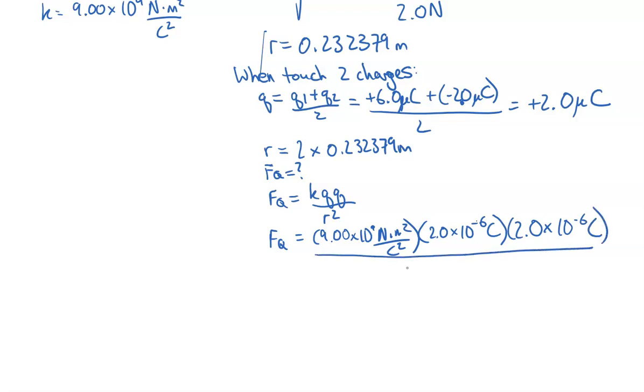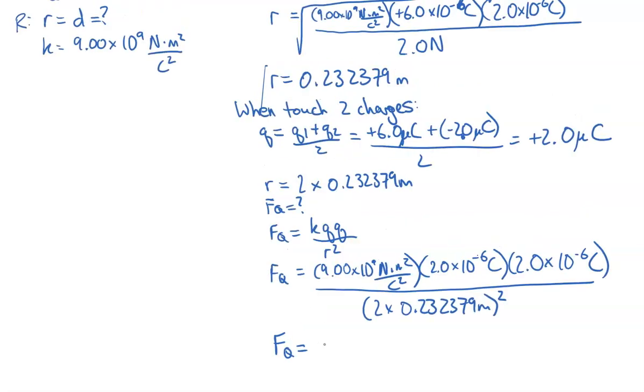And then we're going to divide that by 2 times 0.232379 meters squared. Make sure you multiply it by 2 before you square it. So the value that you should arrive at is 0.17 newtons. And we then conclude, therefore, the electrostatic force after being touched